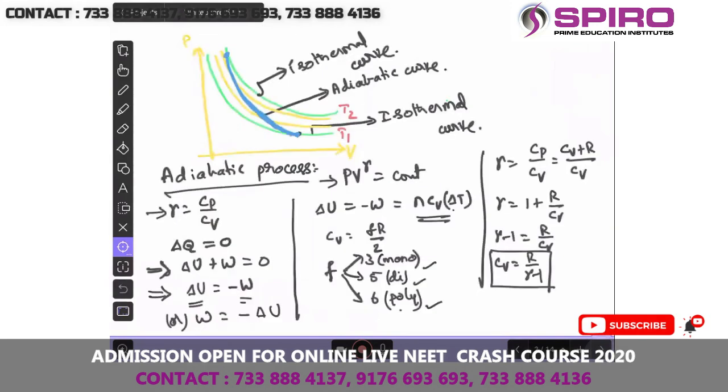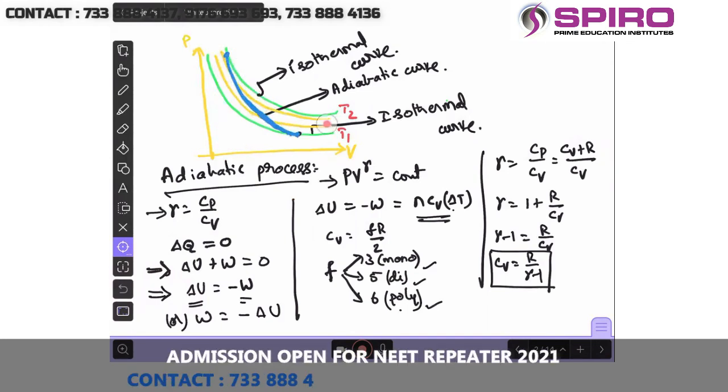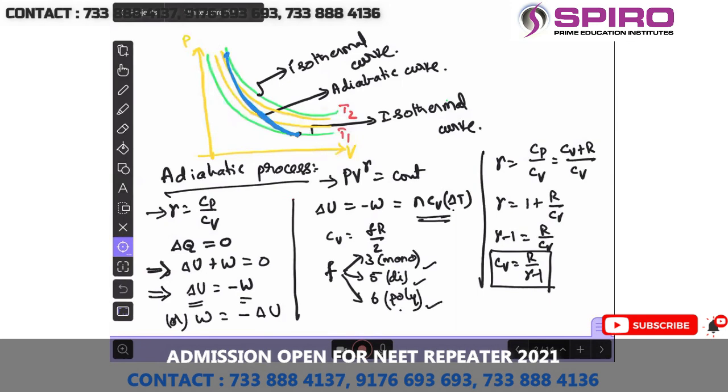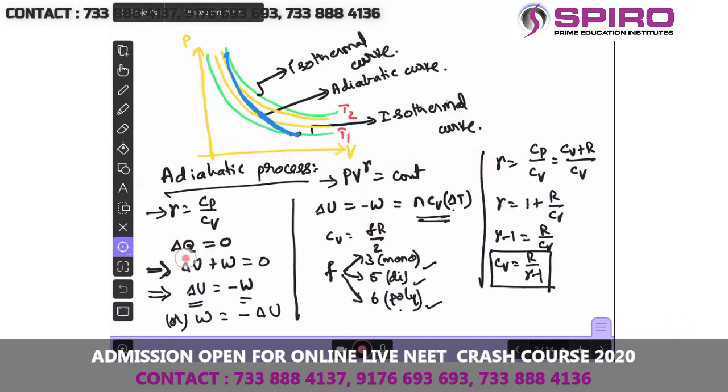Okay, now let us go for adiabatic process, and adiabatic process is conducted between two isothermal curves, and different isothermal curves are at different constant temperatures, but adiabatic process steepness is more there. Gamma equal to Cp by Cv, delta Q, the heat energy exchange between the system and surrounding, is 0, and delta U plus W will be 0 there, and delta U is nothing but a negative of the work done.